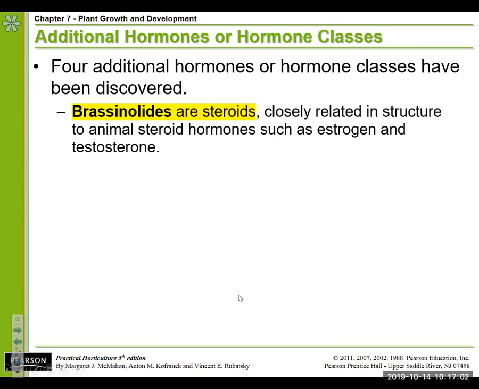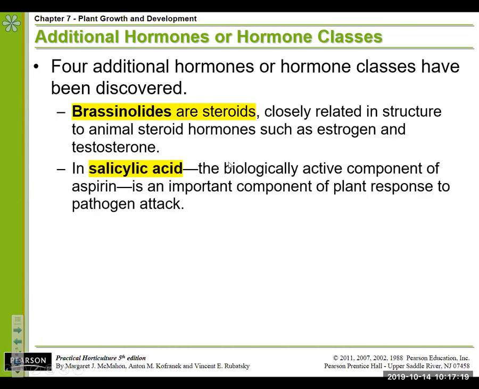So the other hormone classes that we mentioned, the brassinolides are steroids, which are actually very similar in structure to animal hormones such as estrogen and testosterone. It's still not clear exactly what they do in plants, but in some cases they're actually extracting them from plants. For instance, birth control products, they extract a similar chemical and then synthesize progesterone from hops flowers in order to create